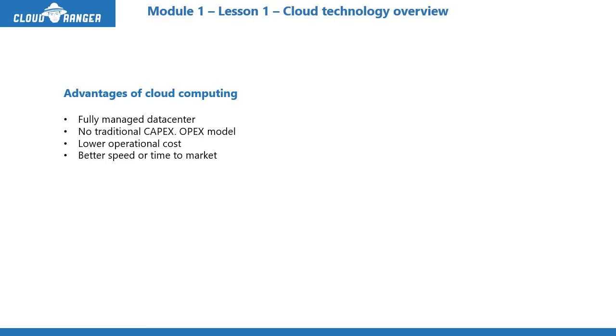Okay, so that all results in a better speed or time to market. So if you're an application developer or a business who's just creating this crazy website or this crazy app, you have a better speed to market. You don't have to get your hardware, provision it, put it there, make sure everything is up and done right, load balancing, security and all of that. So you can actually get your product out to the market faster than what it used to be. You can only concentrate on what your business is and not worry about other things.